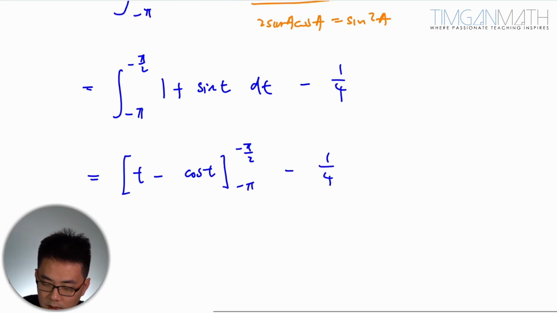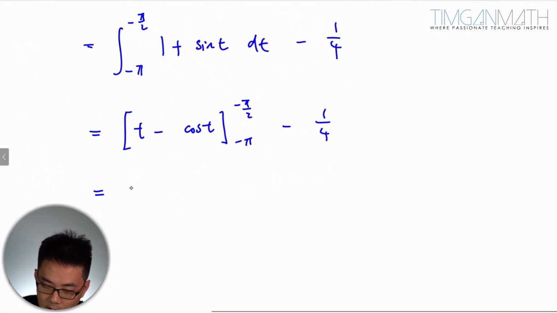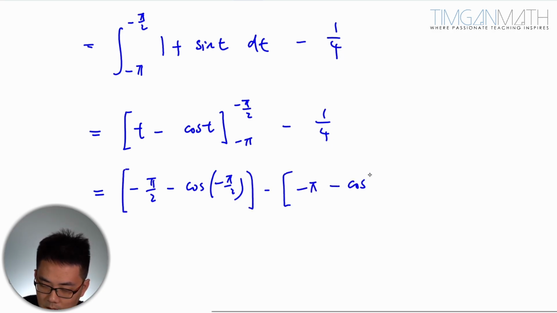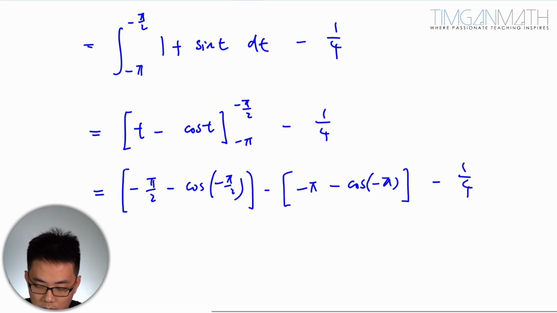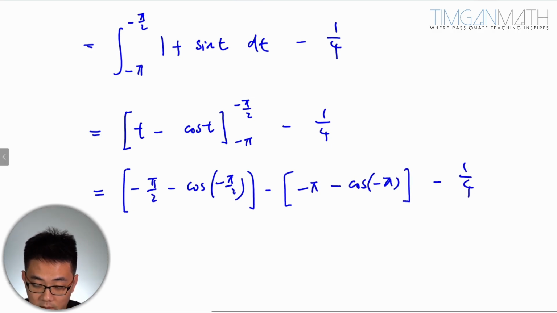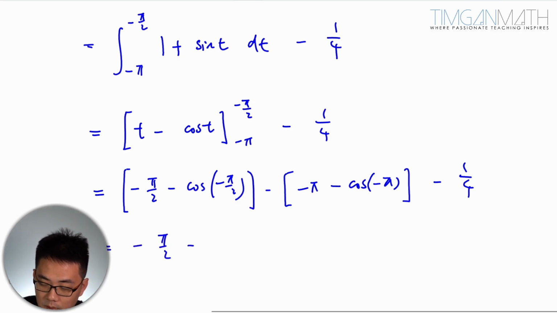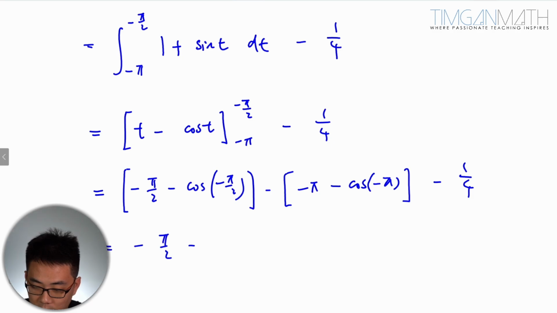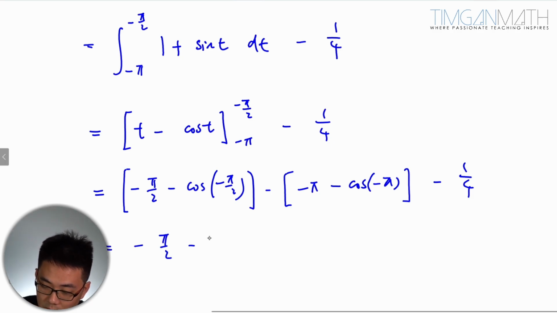From minus pi over 2 to minus pi, times 1/4. That will give us minus pi over 2 minus cosine minus pi over 2, minus minus pi. Moment of truth. Cosine negative 90 will be 0. So there will be minus pi over 2 minus of cosine minus 180, which will be negative 1. So this will just be,